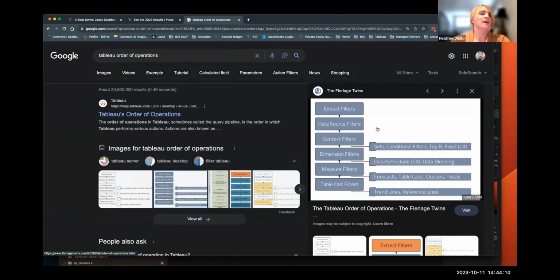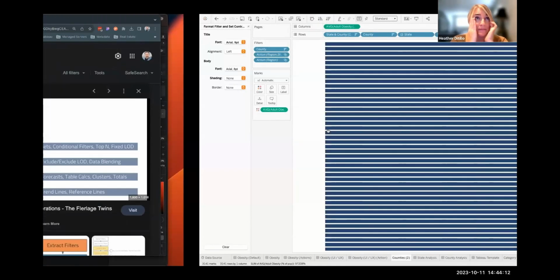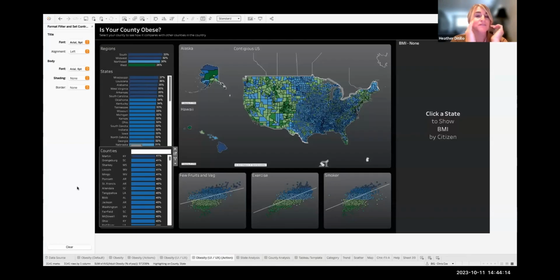A great use case, Sharon, where I see context filters first being utilized by our customers and our students is when you're doing a top 10 filter, or a top N filter of some sort, where you'll say, I want to know the top 10 products in each category.